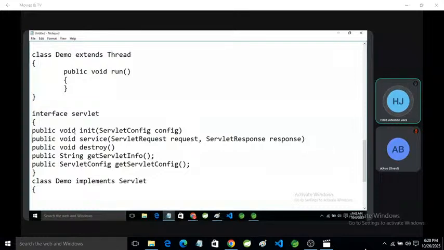For receiving the request we use ServletRequest, and for sending the response to the client we use ServletResponse.